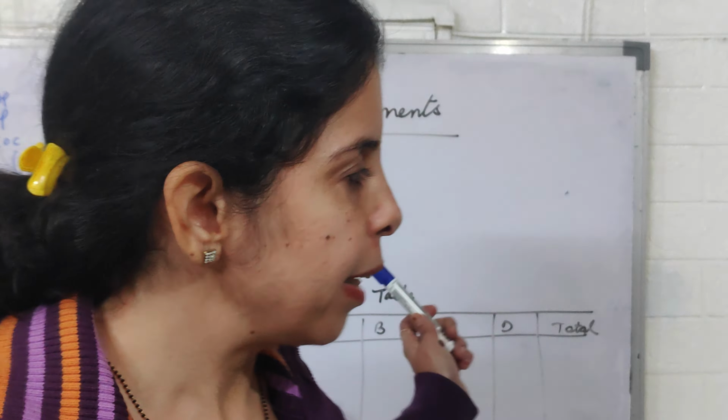Example, interest on capital was omitted to be paid to the partners, or interest on drawing was omitted to be charged from the partners, or profit was distributed in the wrong ratio, or interest on capital was paid in the wrong percentage. So these are some of the errors which occur generally after the final accounts are closed. So how are these settled? These are settled by making an adjustment table and passing a single adjustment entry.